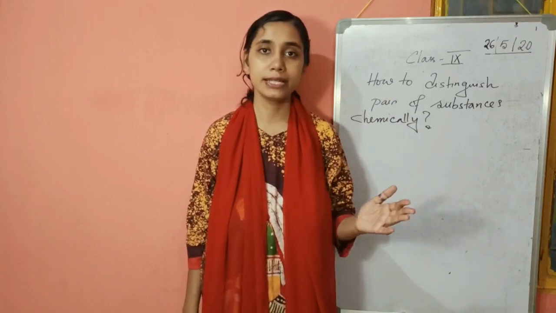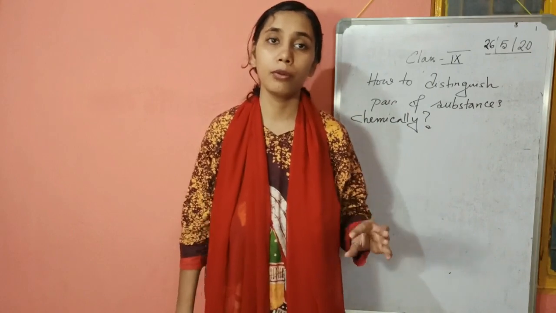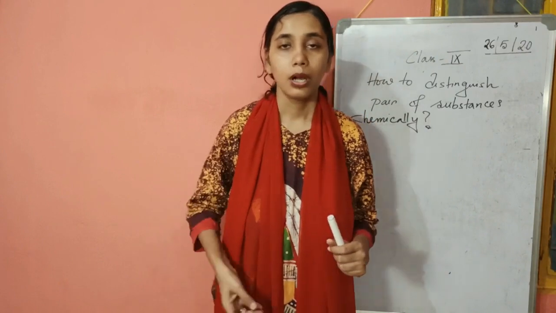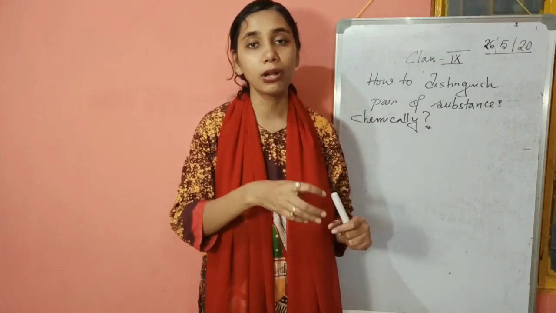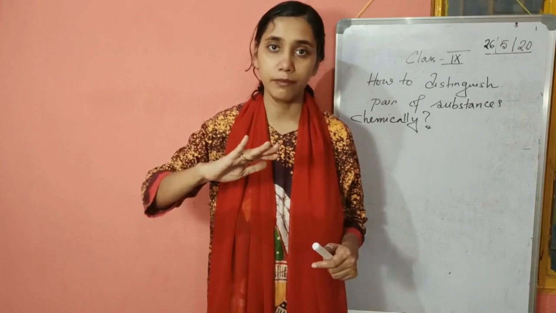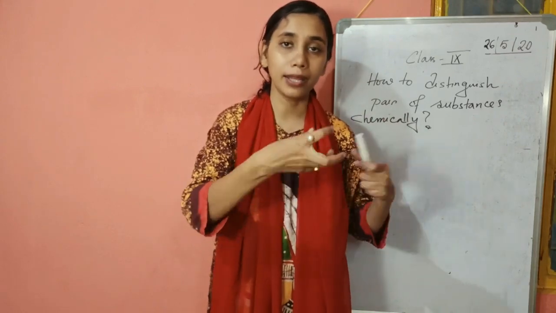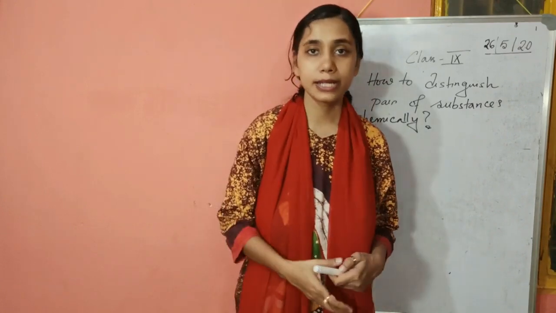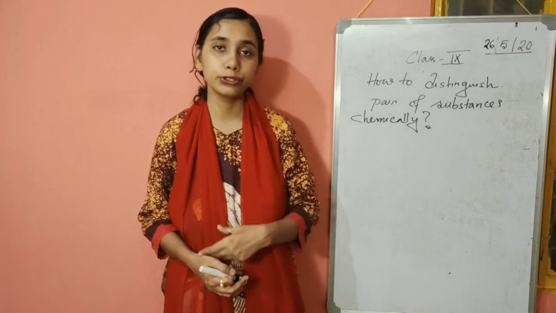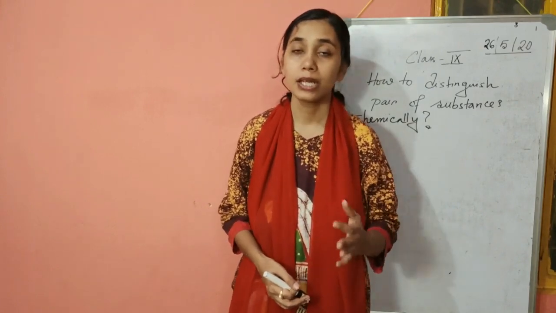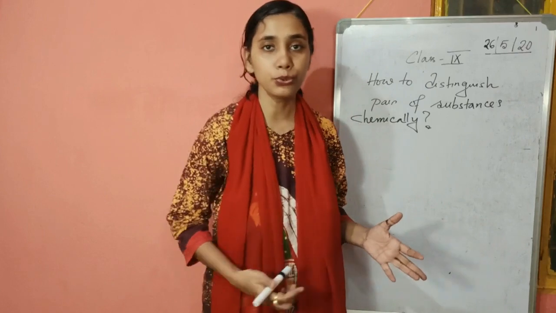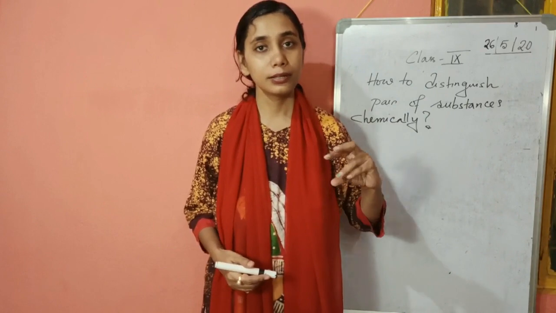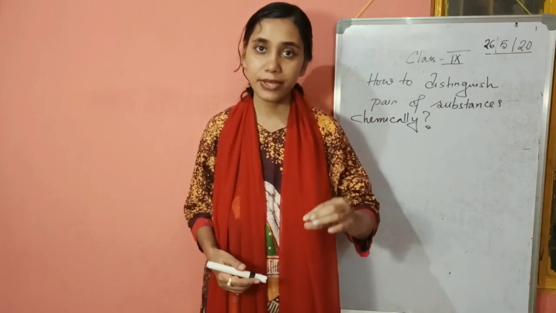In the exam, the distinguishing questions always come from your syllabus only. Do not think that you will get random pairs which you do not know. The basic pairs you have already read under this reaction observation type of question, those compounds are taken and the pairing up is done, and then given to you to solve. Carbon dioxide and sulfur dioxide, how to distinguish? We all know that both of them turn lime water milky, but carbon dioxide does not show any effect on potassium permanganate solution, whereas sulfur dioxide can decolorize it. This we have also read. This is how the question comes.